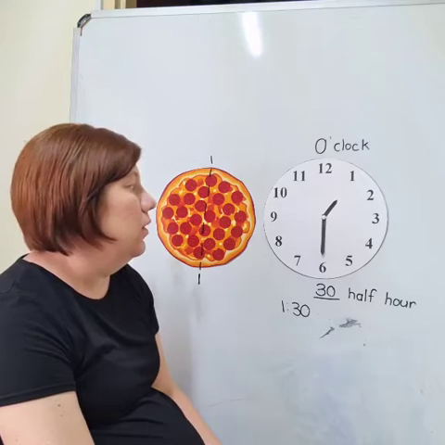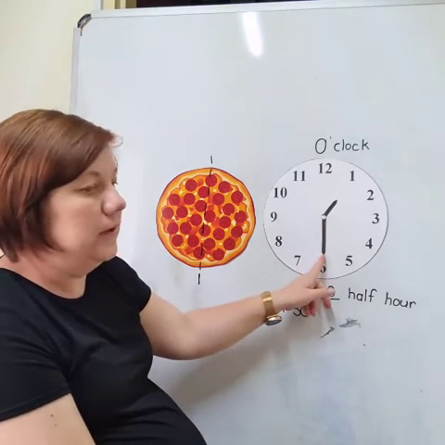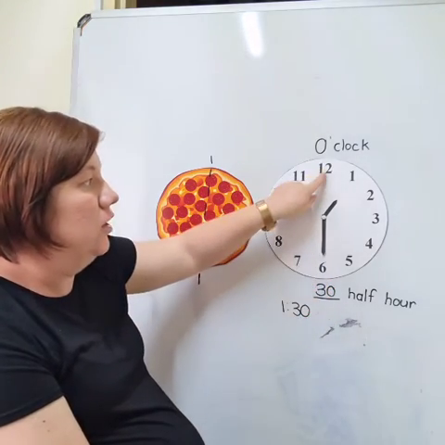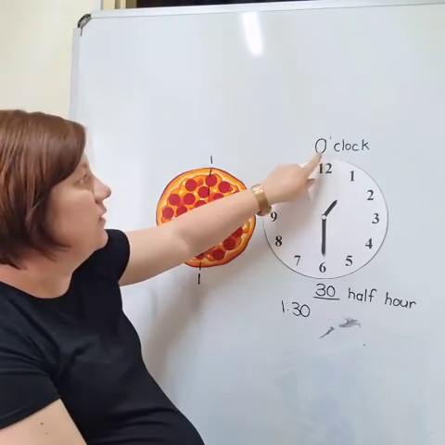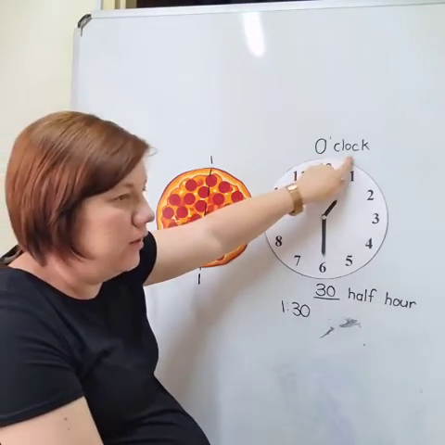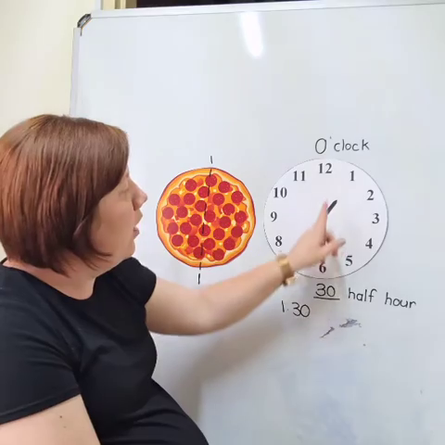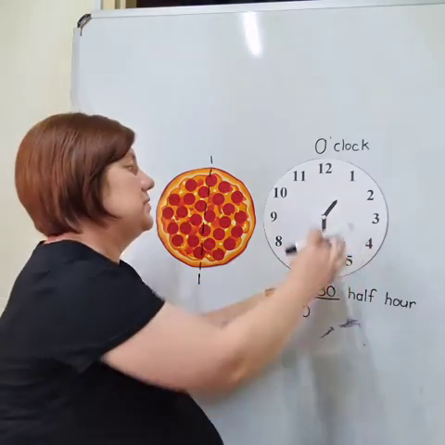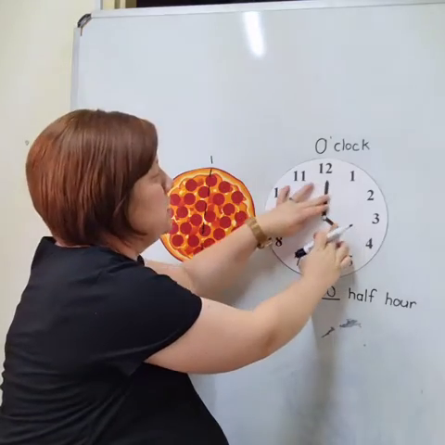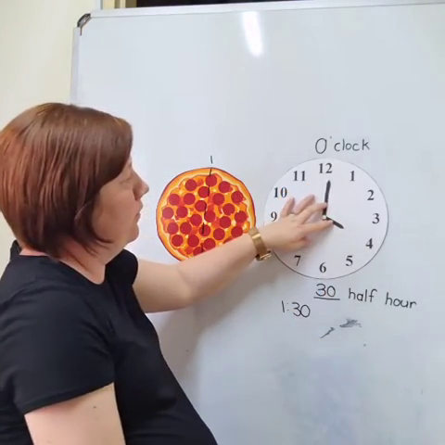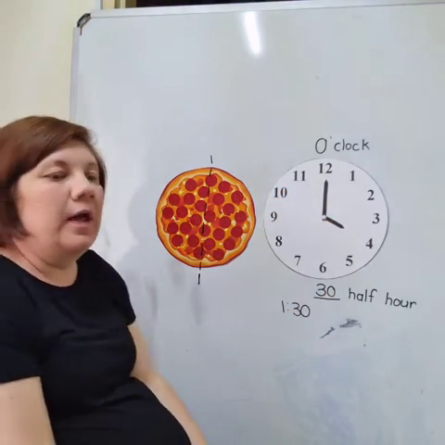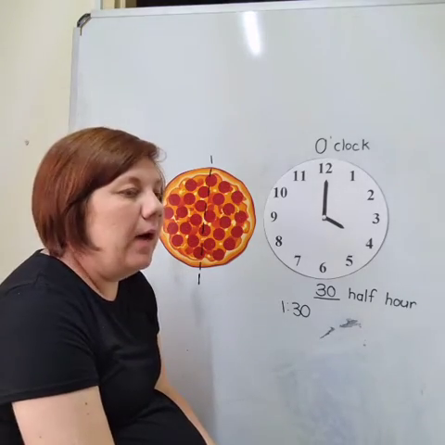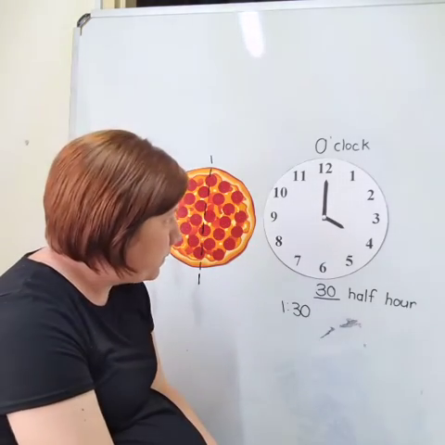Remember, your minute arm needs to be on the 12. Yes, that represents o'clock. And your hour arm then needs to be on the 4. That represents the hour. We say it is 4 o'clock. Good. Now, I want you guys to show me